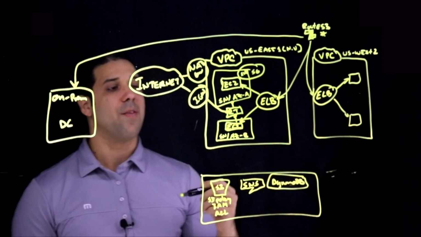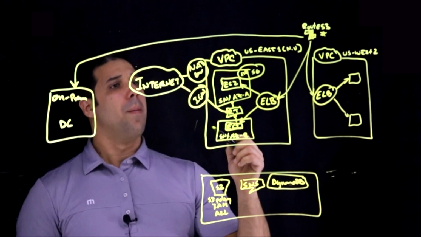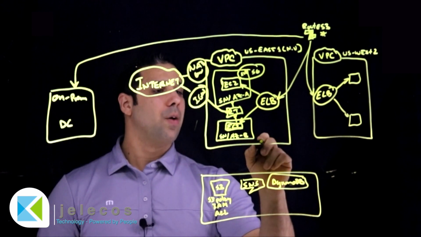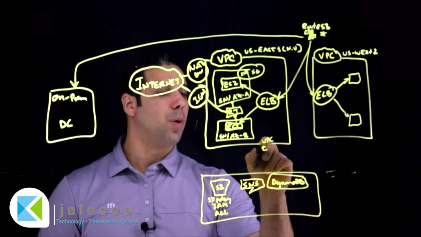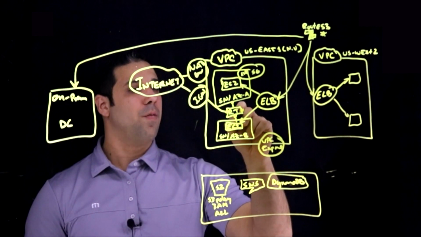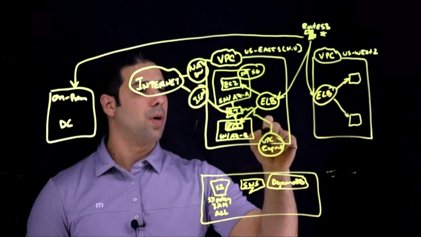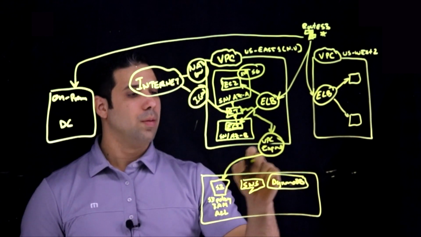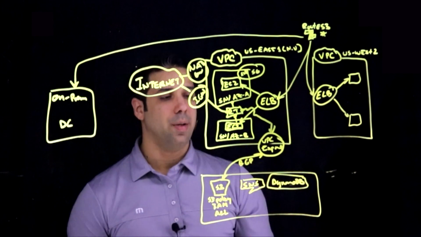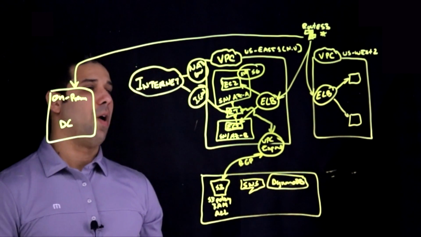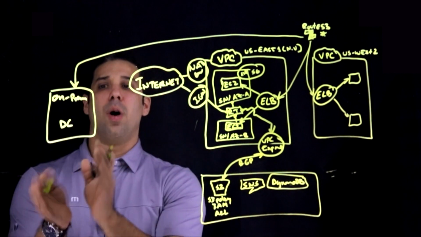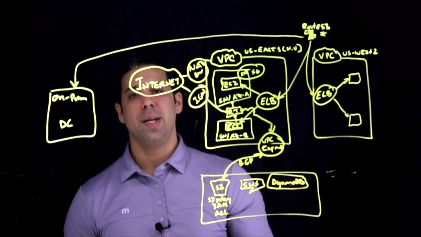But if we want to have a private connection from my virtual private cloud to my S3, then I can leverage a VPC endpoint. Again, modifying or adding a new routing table, and I can announce through BGP my S3 bucket in my virtual private cloud. In terms of connectivity with on-prem environment, we have seen many organizations